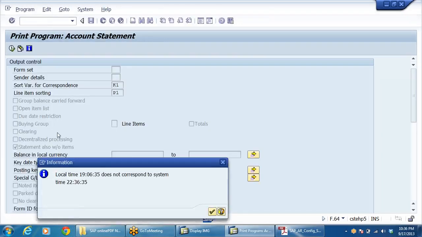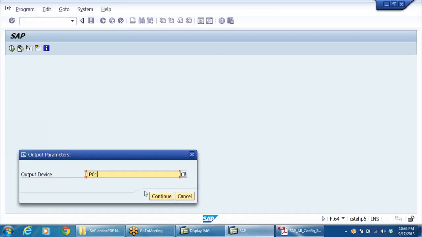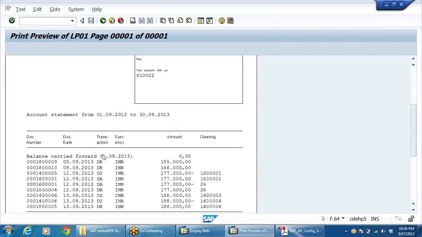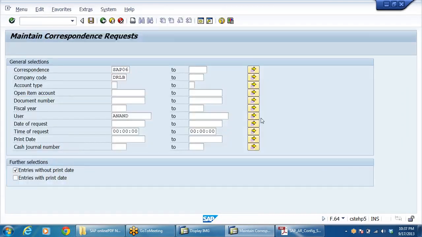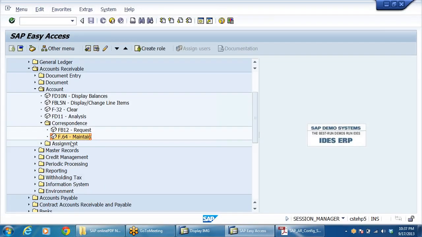Similarly, double click on this. Continue. Right. Now the difference between the Dunning letter and this letter is that in Dunning, only open items for which payment has not been received will appear in the Dunning letter. But in the case of the party statement, everything will be visible, right? All debits, credits, everything. So any doubts or anything? Just like that we can generate it.